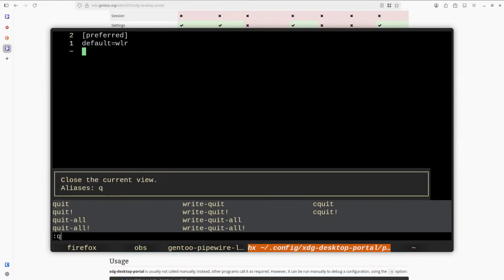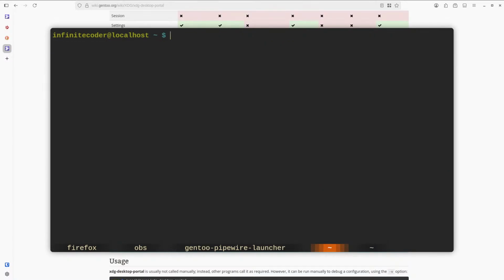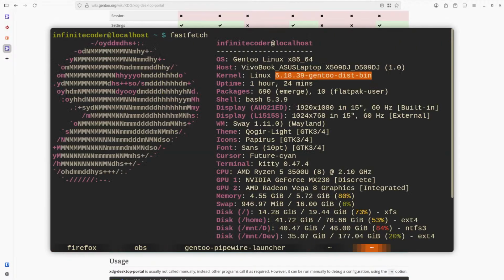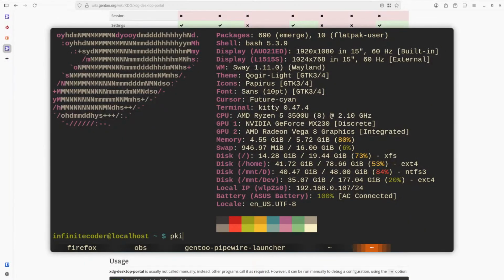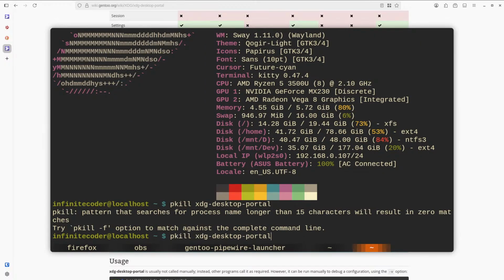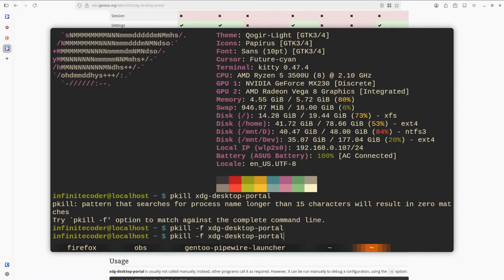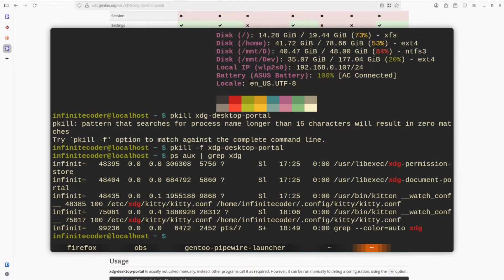Write and quit. Now, how do you restart? I guess you can pkill xdg-desktop-portal. I sure hope nothing falls apart. If it does, please tell me. So yeah, and if we ps aux grep xdg, it will still say xdg-document. Wait, what? Libexec.